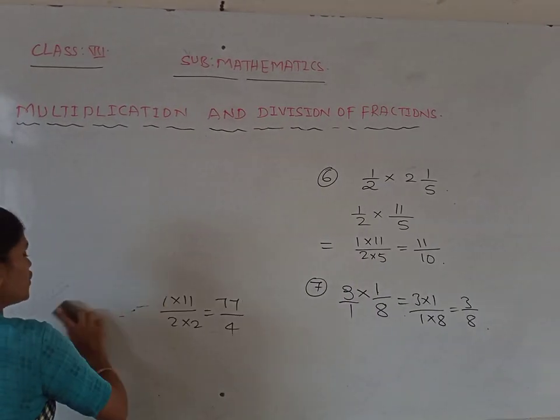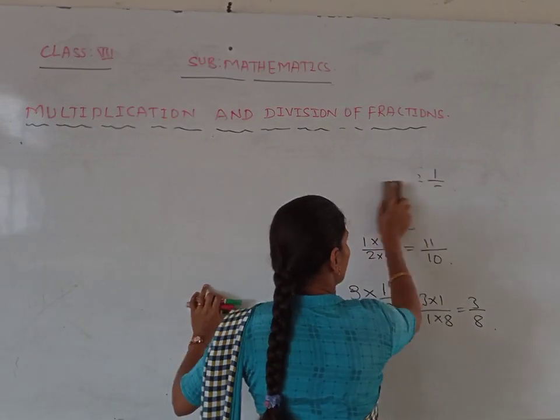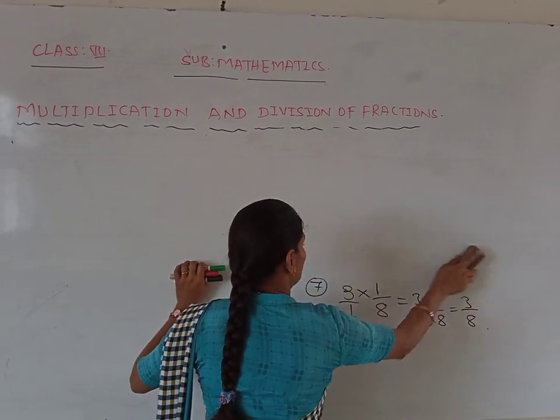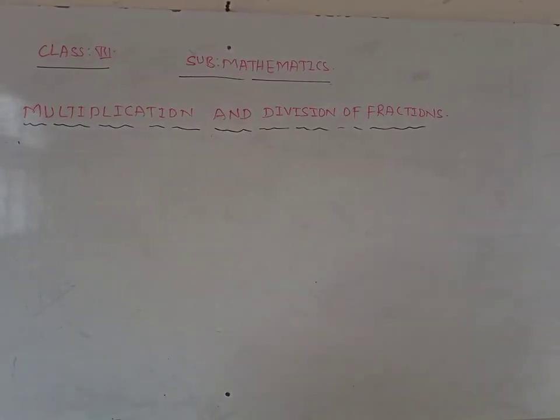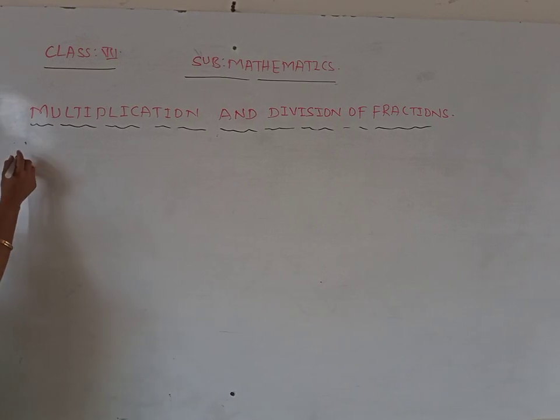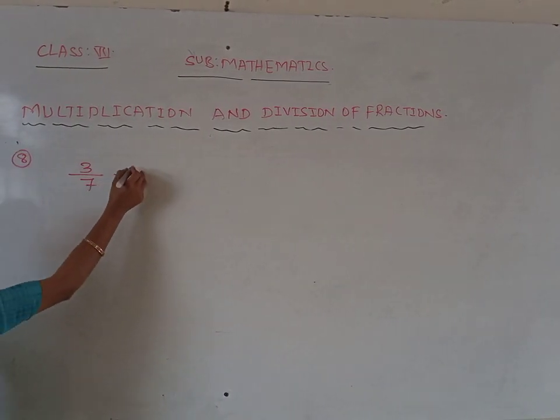Miss, you can give more than 2 fractions at a time. Yes, I am ready to give that. Clear? More than 2 fractions. Are you ready? Yes, take here. 8 1, 3 by 7, 2